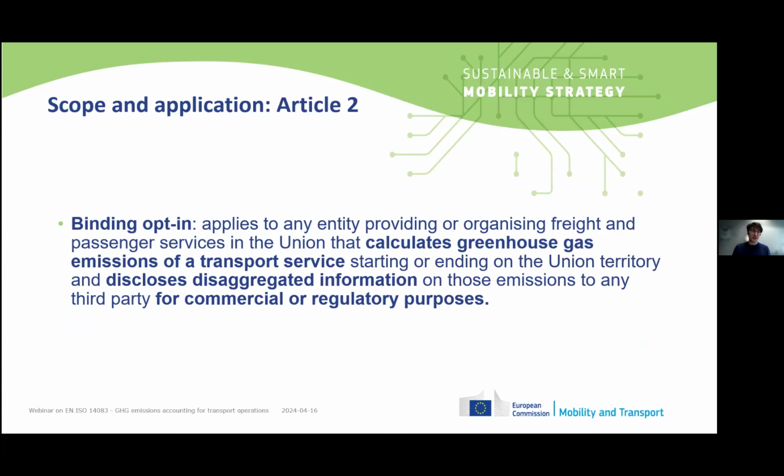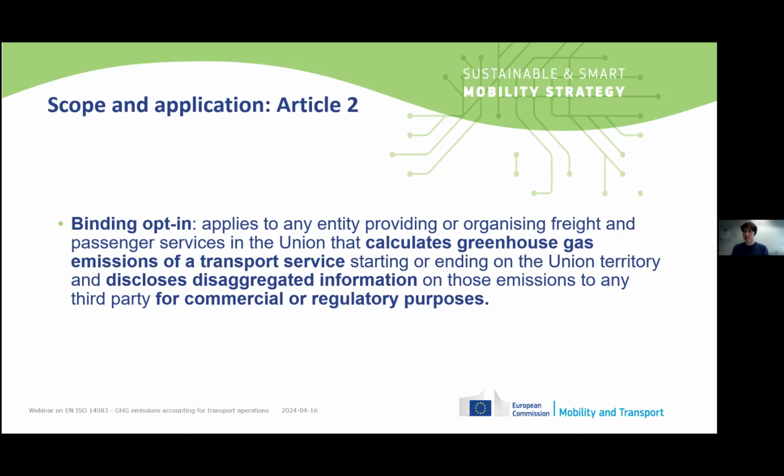The scope: we decided to develop an approach that we call binding opt-in. So CountEmissionsEU, the adoption is voluntary. It means that we don't oblige any entity to calculate and disclose to any third party the calculations of the GHG emissions of transport. But if they decide to disclose their calculations, then they have to follow the rules in the CountEmissionsEU. So binding opt-in is that we don't make it mandatory, but if you want to disclose your calculations, then you have to